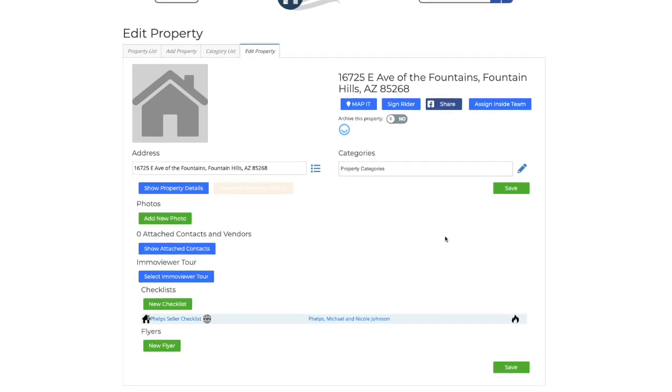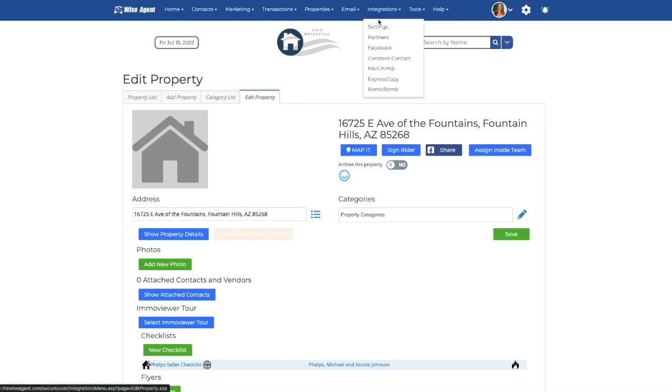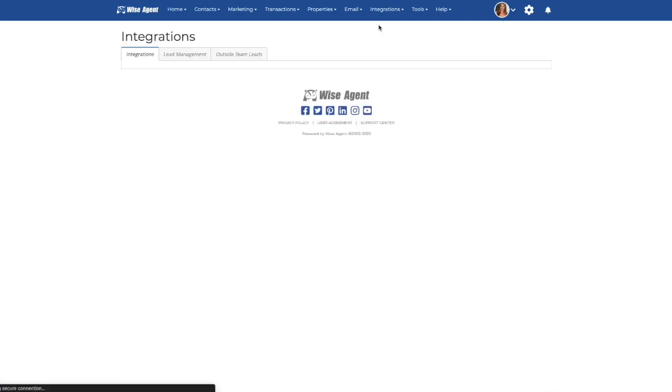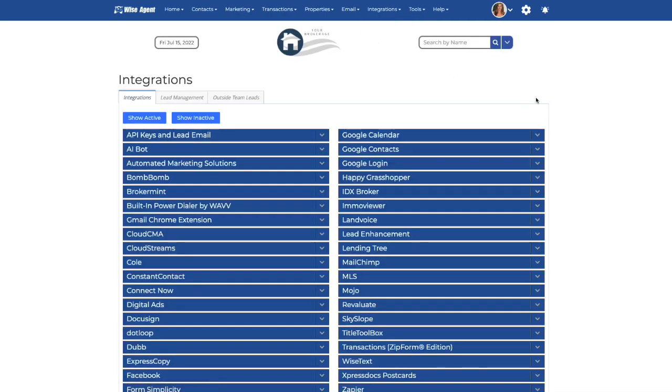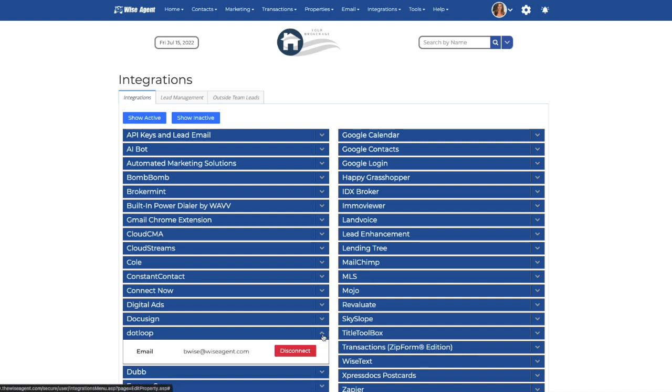We also partner with companies like dotloop, so you can manage your transactions through that platform as well. If you're currently using dotloop to manage your transactions, you can connect this integration from the integration settings page by going to the dotloop header and plugging in your information under the Connect to dotloop option. Going back to our properties page,